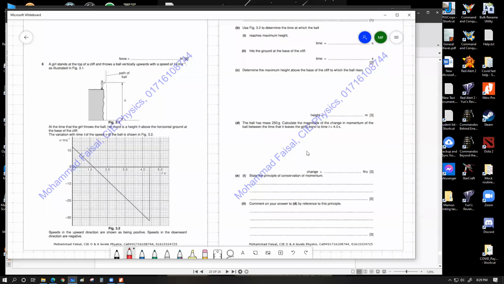Now try to understand this thing. From the instant the ball left the girl's hand to the point before hitting the ground, all the way, or let's say up to 4.070 seconds, the ball was under the effect of a force. The name of that force is weight. The reason that force is called gravitation. And the other object which was involved to create that force is called earth, which means for this rise and fall scenario of the ball, the 2 objects which interacted with each other, one of the objects was the ball, the other one was earth. They are the 2 objects pulling onto each other because of the force of gravitation,